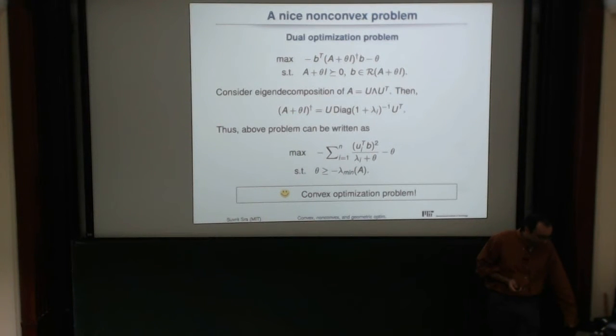Yes, you can recover the solution to the primal. Actually, you don't really solve it this way. You don't even need to do eigen decomposition to solve it. This is just to schematically illustrate that it's solvable. Because it's a single variable optimization problem in the dual, it turns out to be a root finding problem. And to find that root,